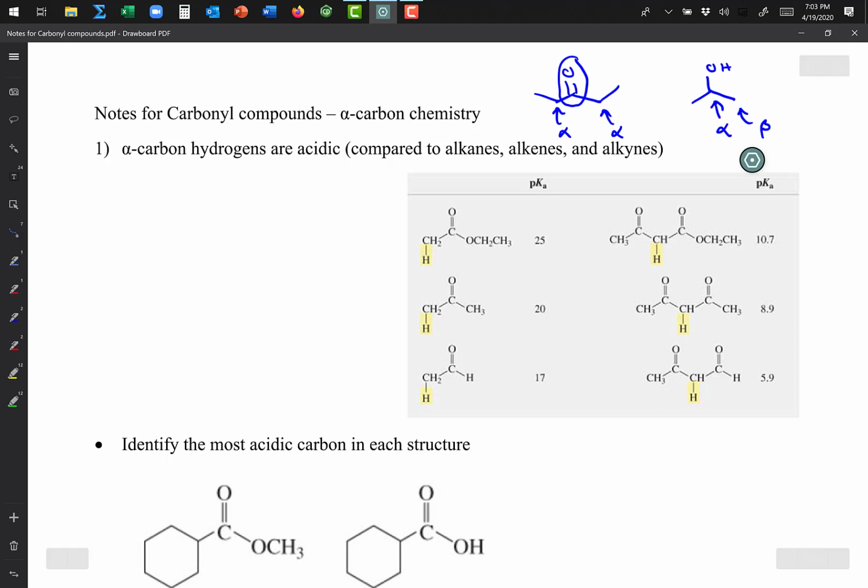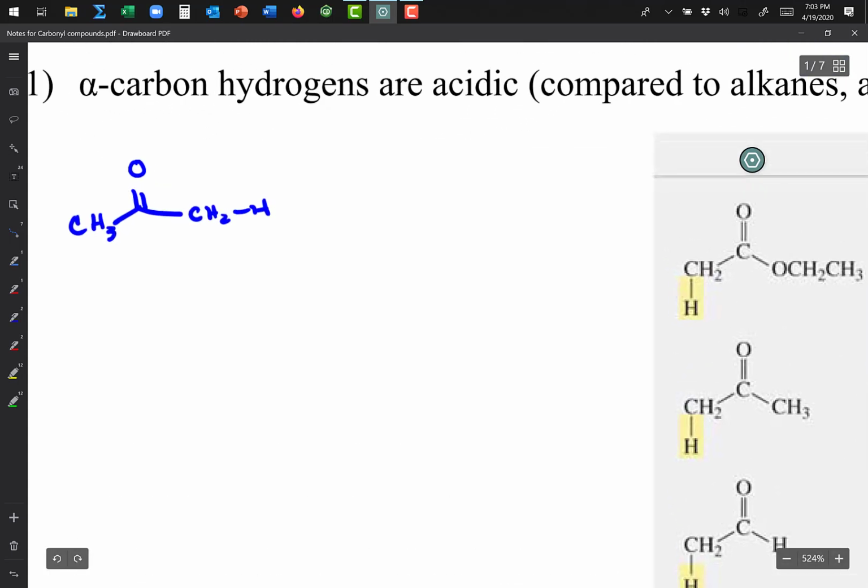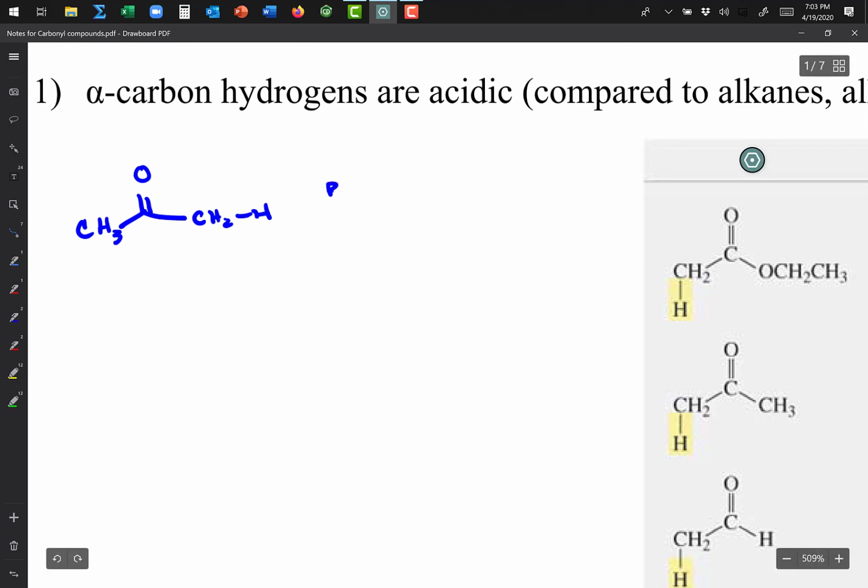So if you think about acetone, this will be a simple example. Acetone is this guy, and I have a CH3 on this side and a CH3 on this side. Let me zoom in a little bit here. If a base comes along, the base can grab that hydrogen and the electrons have to go back to the carbon. So this is acid-base chemistry, and you end up with CH3 from the acetone like this,